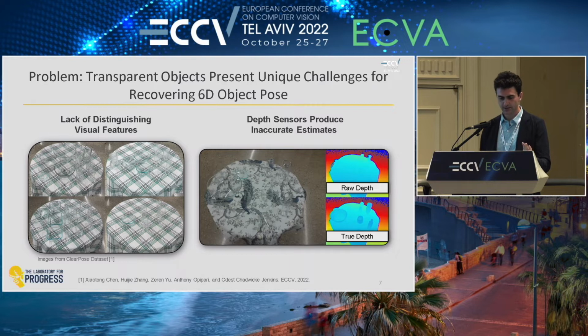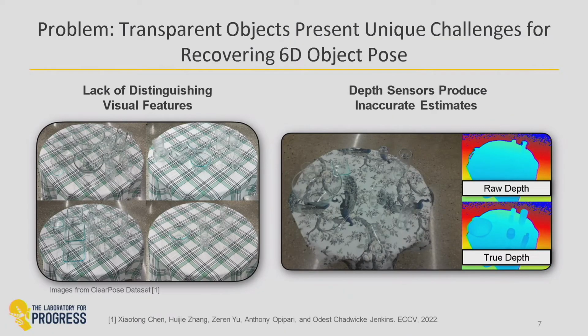And so the real challenge for our vision systems is that transparent objects present at least two key challenges. On the left-hand side, one challenge is that transparent objects tend to have a lack of distinguishing visual features in the color domain. In these scenes on the left, you can see that there are many transparent glasswares on these tables, but they're very difficult to see because the light passes straight through them. In addition, commercial depth sensors, which are typically used in state-of-the-art vision algorithms, can fail to estimate the true depth of transparent objects. On the right-hand side, for example, you can see the raw depth, which is what we would get from our sensor, is actually blind to these transparent glass objects on the table.